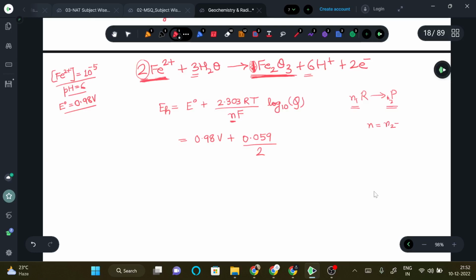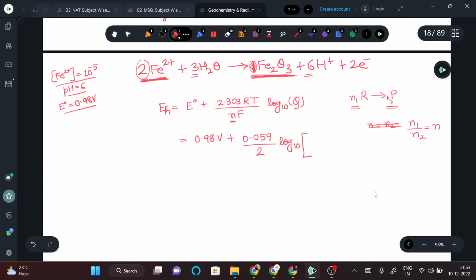Here, not actually this. This is what we get for overall n. So this is how you calculate the exponent part. This is how you take the n value. So if we proceed with this,